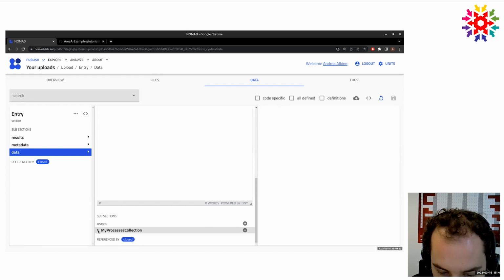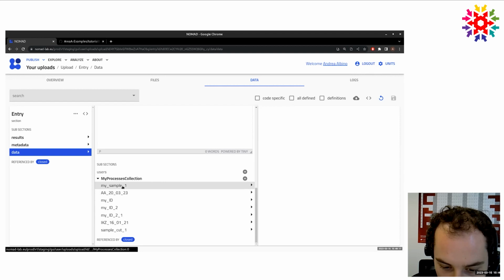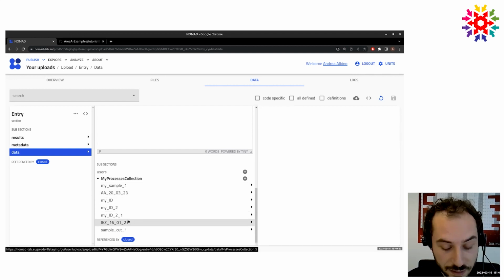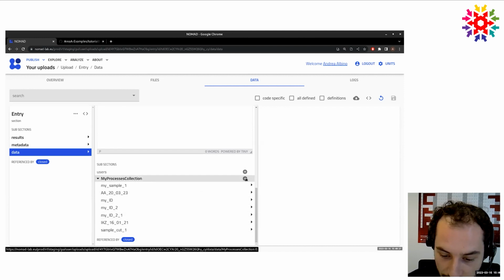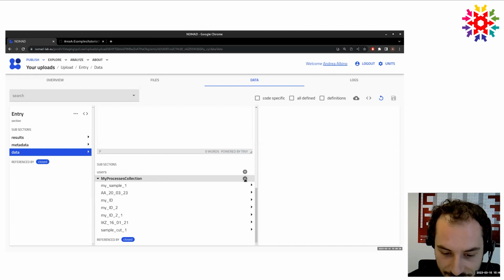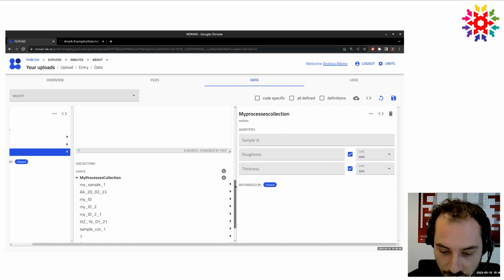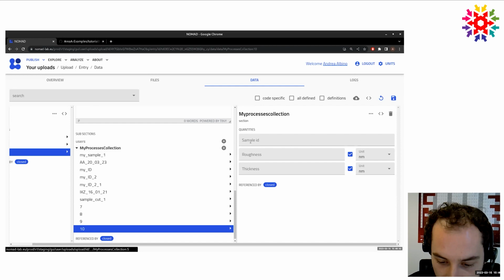And there is also this arrow here that I can push, and I can see all the instances that were found in the file. In this case, as I said, each line will become an instance. The repeats through line that I showed you before allows me to have multiple instances, and also allows us to have this plus button persistent. So this means that if I want to instantiate more instances of this section, I can do that, and I can keep doing that. So if I need maybe to write my new measurement directly into my ELN,